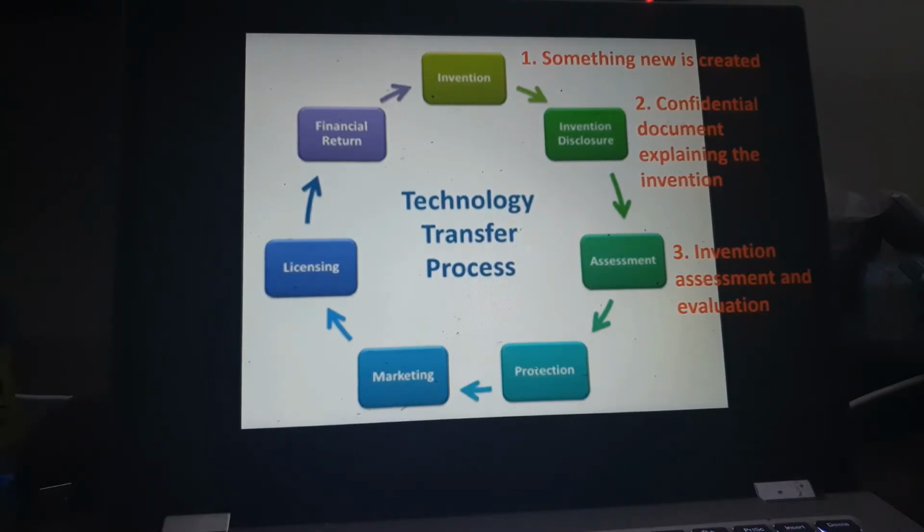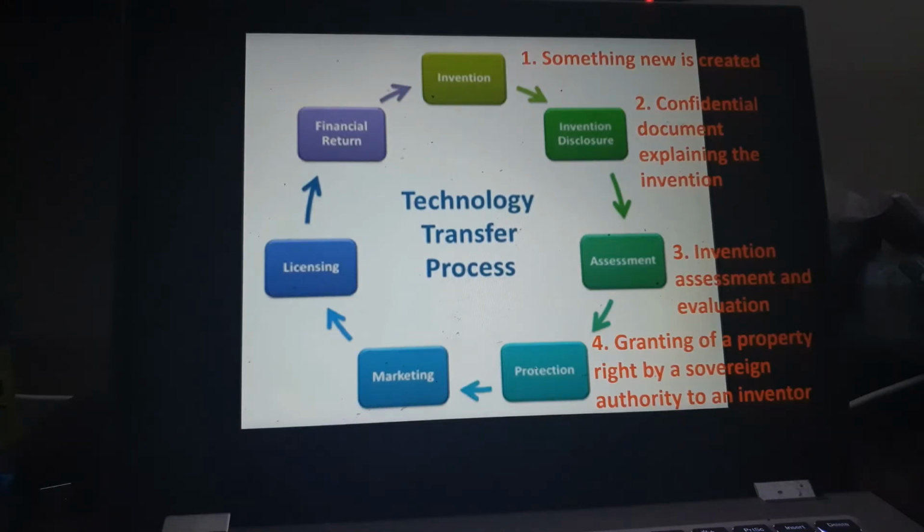Is it making work easier? Is it useful? Has it comparative advantage over the existing ones? All that is assessed, and when it is found that yes, it's an invention, then stage 4, granting of property